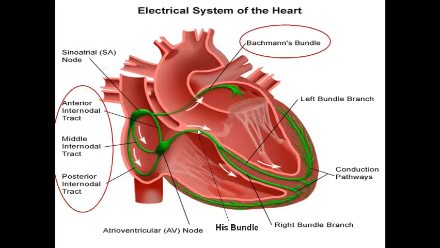The SA node has many fibers arising from it in order to deliver the impulse to the right atrium and left atrium, and after this to reach the ventricles. So we have the anterior internodal tract, middle internodal tract, and posterior internodal tract, which transmit the impulse throughout the right atrium in order to reach the other station or gate, which is the AV node. And also we have something called Bachmann's bundle. Bachmann's bundle is an important terminology that we need to know because it is the bundle responsible for transmission of electricity from the right atrium to the left atrium through the interatrial septum,